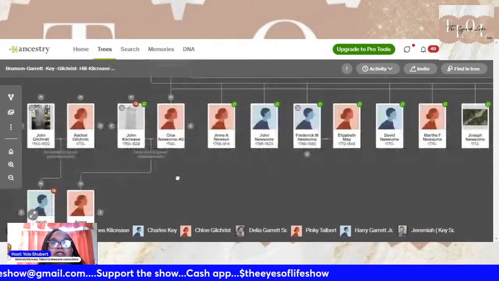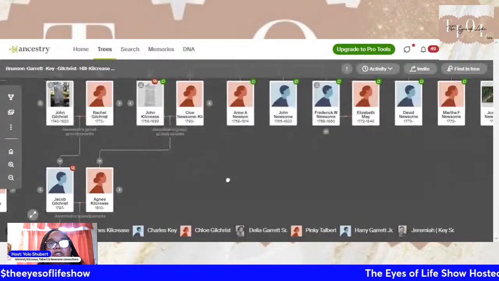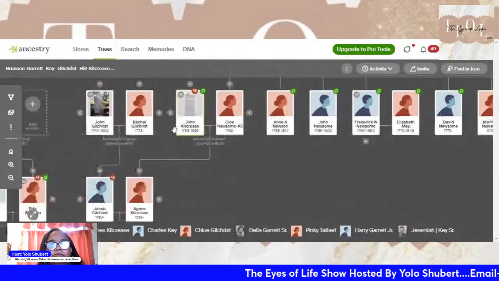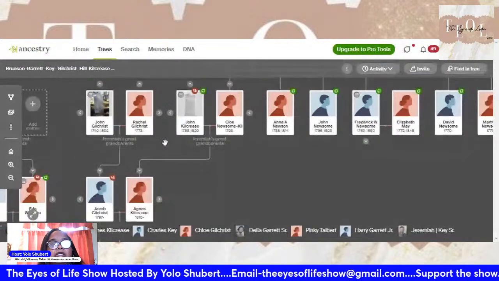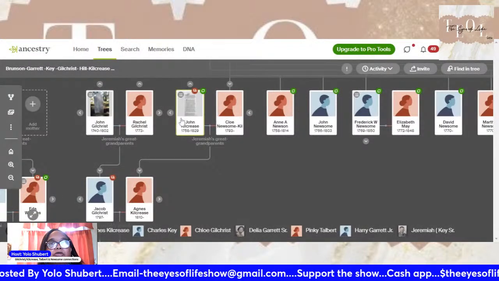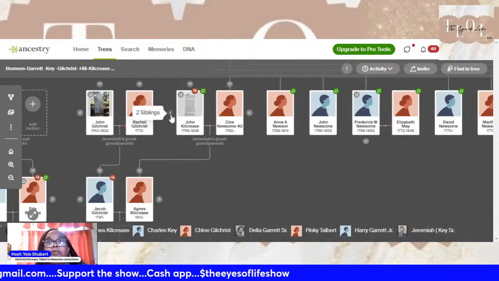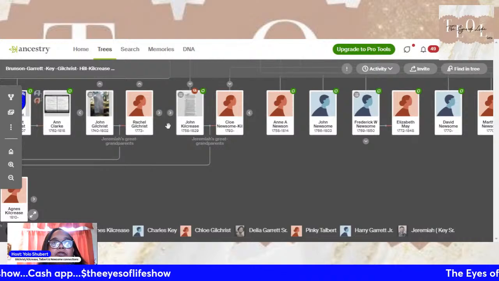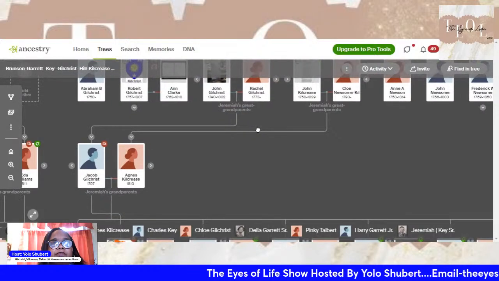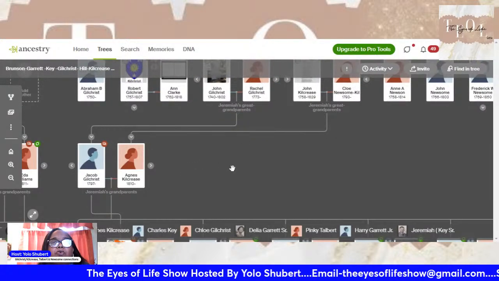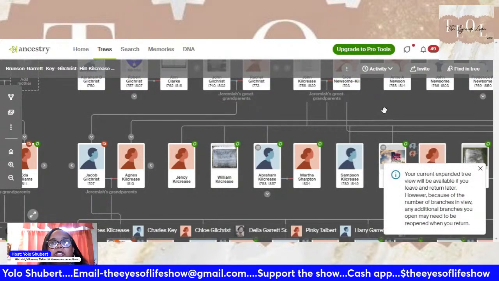So this is why I say we are all going to link up. And the reason why I say we are all connected to the Gilchrist line is because of this. When you look at John Gilchrist's family, people want to know how and why this Gilchrist connection came about. Who were the people? Why are they marrying each other? So when you start looking at John's children,